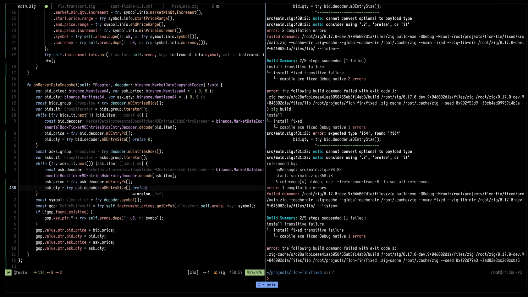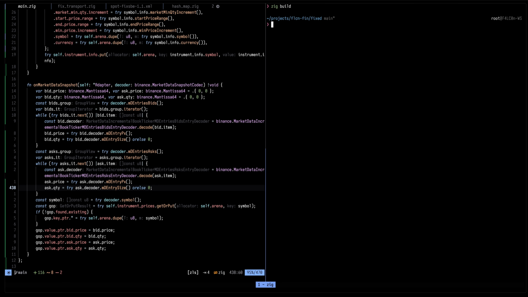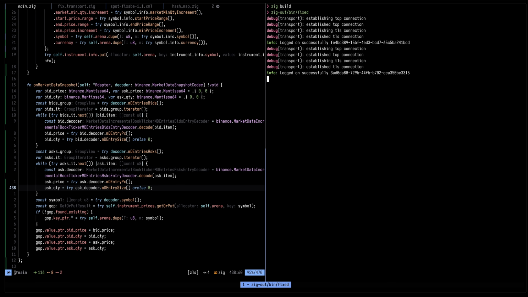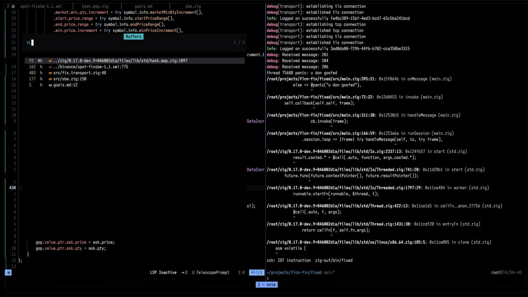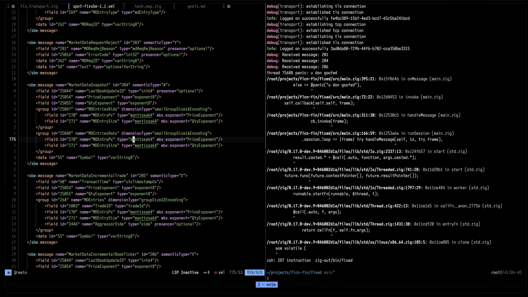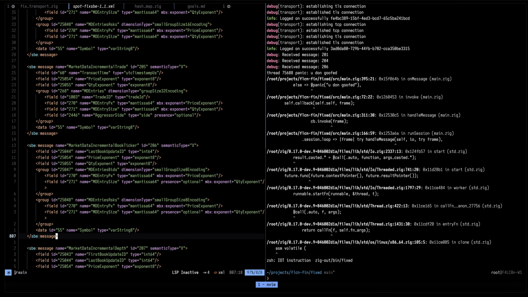At this point we are just trying to make this work. So does it crash? Okay, it does crash, but it crashes for a different reason, which is good. It's progress. So now we get the 206 message, which is the incremental book ticker message, which is a new